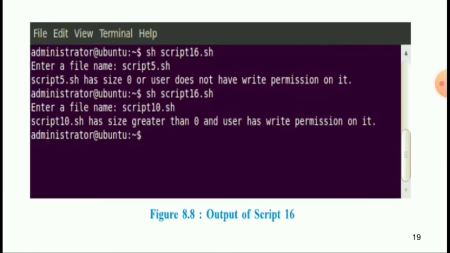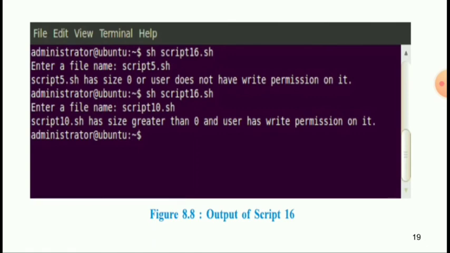the statement if [ -s $fname -a -w $fname ] has multiple conditions. The result of the if statement is evaluated when both the conditions give us some output. So this is the output. sh script 16.sh, enter a file name: script 5.sh.